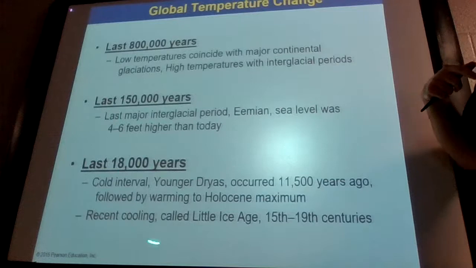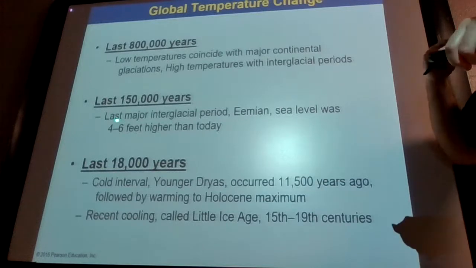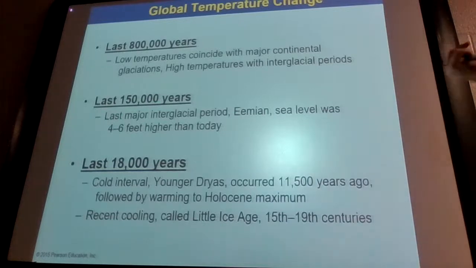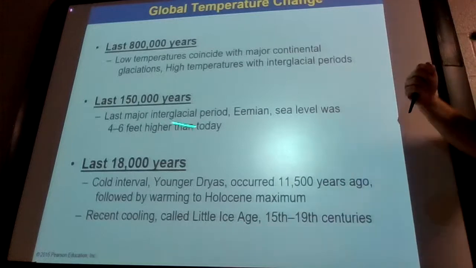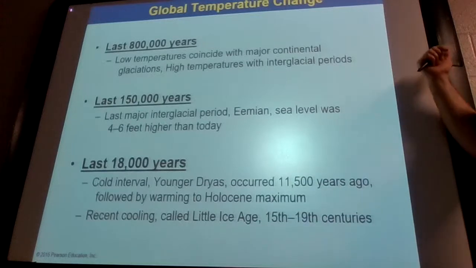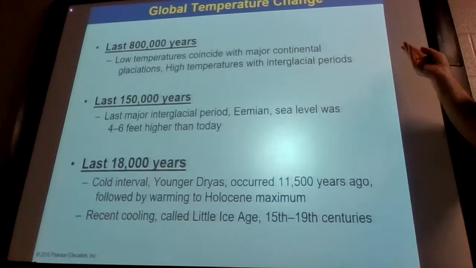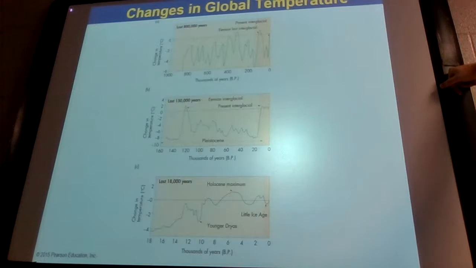If we continue to pollute and cause the greenhouse effect to be worse, will we see something worse than this 4 to 6 foot rise? Will it be higher? Will it be roughly the same? If all the ice is melted anyways, maybe it won't matter. Maybe the maximum sea level is the maximum sea level because that's all the water we have. But that probably isn't something we really want to test out.